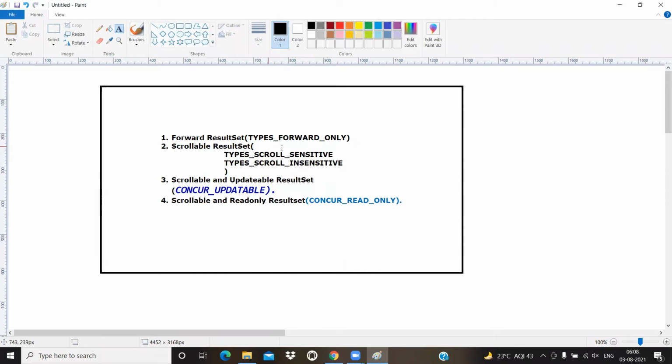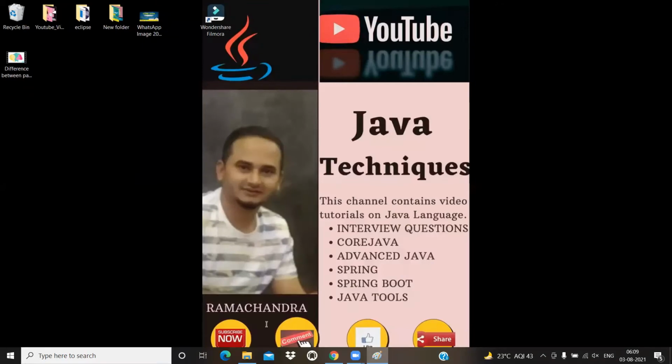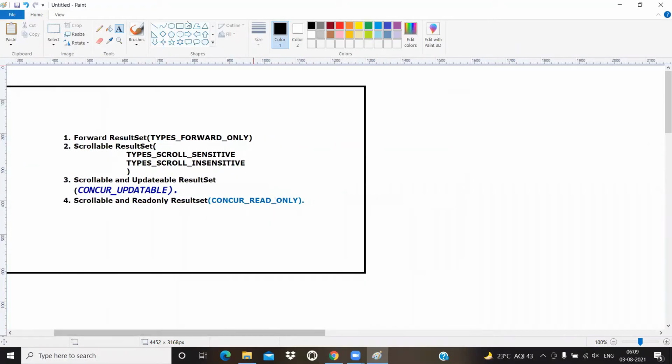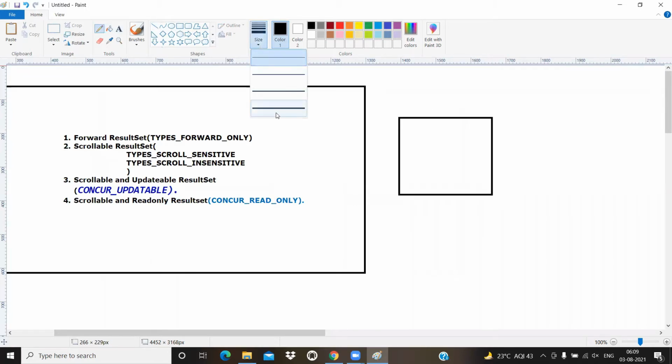So, forward only result sets. In the JDBC sessions I have taken up to now, we are always working with the forward only result set. Here the meaning is, whenever we read the data from the table, we are always reading from top to bottom.